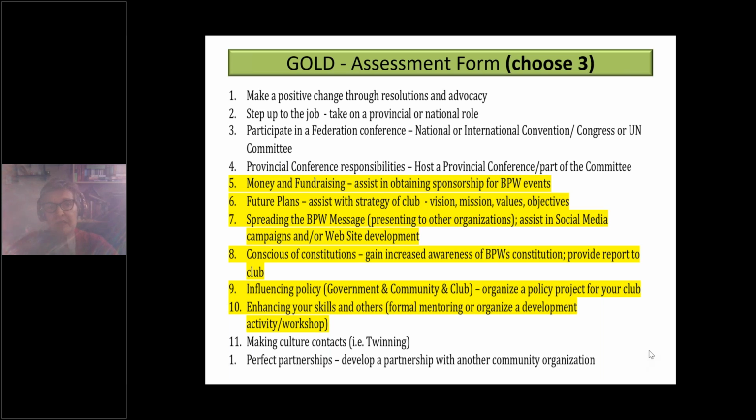But that's basically bronze, silver, and gold. You pick 3 out of each one that you would like to accomplish, and hook up with a mentor and/or activity or task coach, and work on the program at your own speed. So if we go to the next slide,